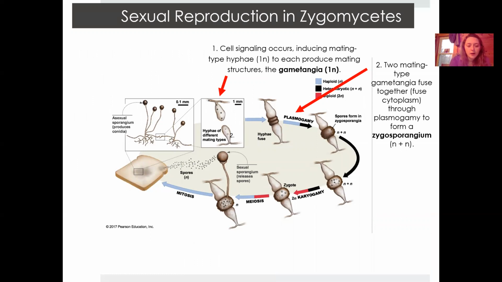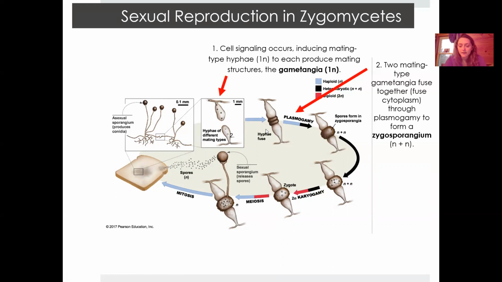So it starts out with the hyphae. There's cell signaling that will occur within the 1N hyphae to produce the different mating structures, like plus and minus. The gametangia are produced, which is this kind of blob structure that comes off of the hyphae. Then the two mating types will fuse together and fuse their cytoplasm through plasmogamy to form a zygosporangium, and the